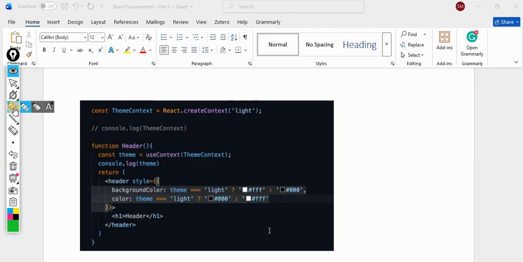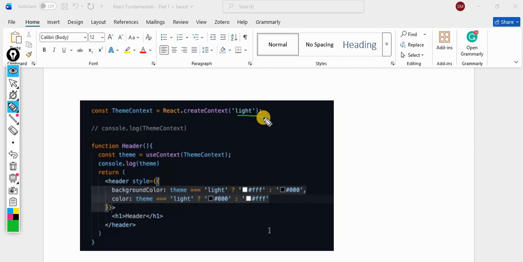So here it is creating a context. And what is the value of this context? Here, by default, it is light.